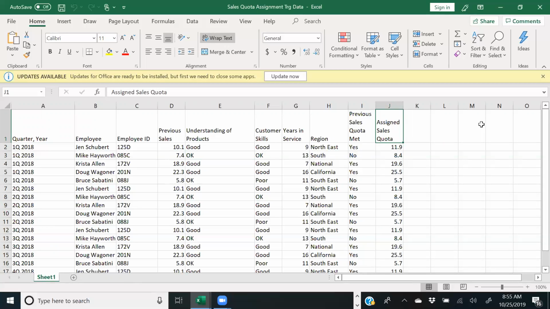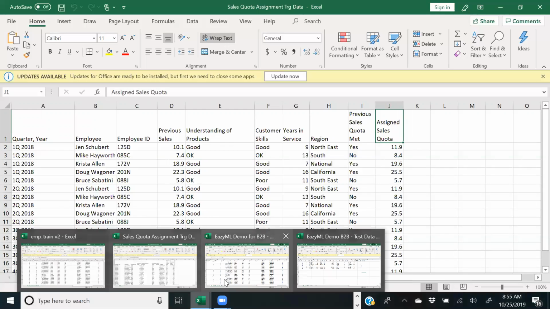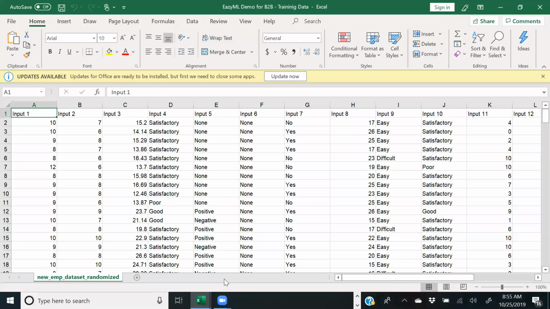EazyML, a machine learning platform, is here to do exactly that for you, something you can do by yourself. It's so easy. Let's see how. We are going to assume that this is your Excel spreadsheet with your training data.